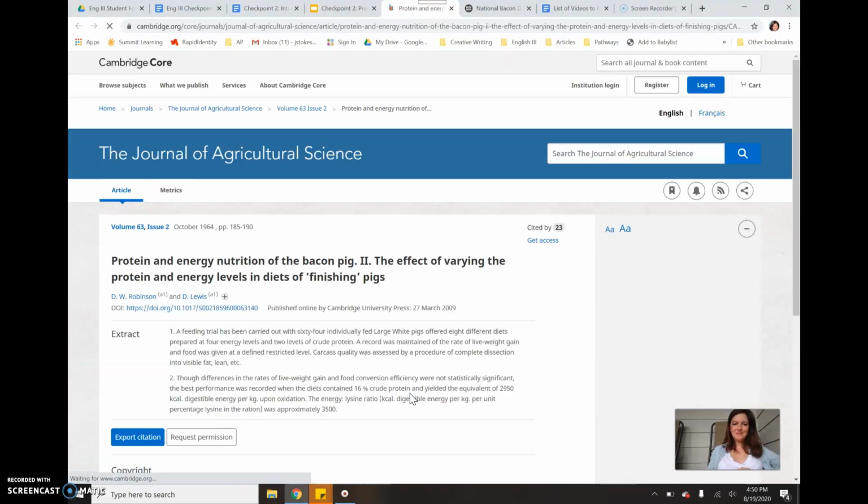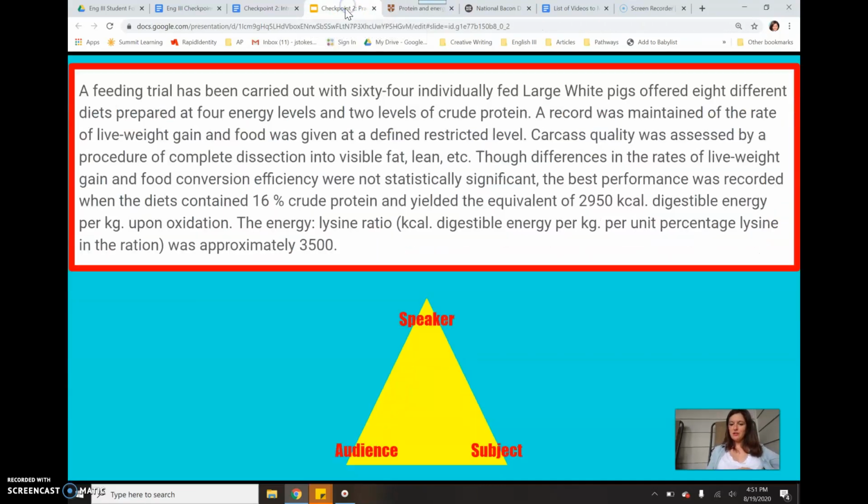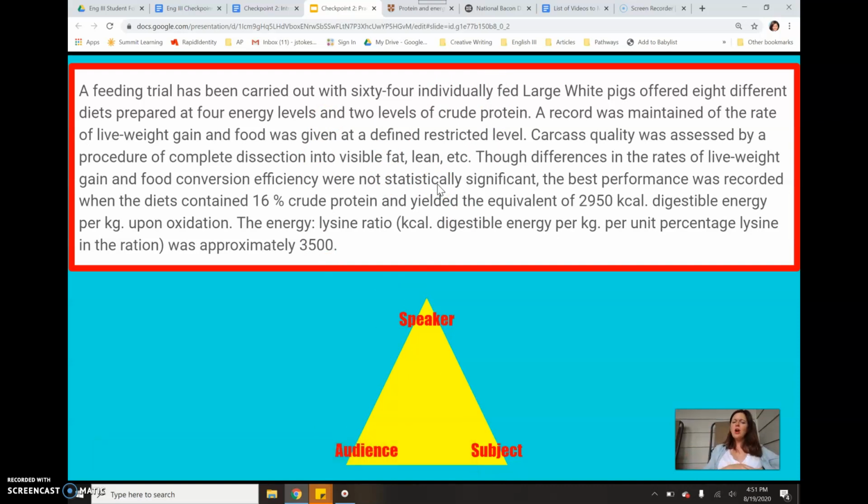It is a scholarly journal, specifically from the Journal of Agricultural Sciences. So our speaker is D.W. Robinson and D. Lewis, who are researchers, specifically within agricultural sciences, and they've gotten their piece published. Very exciting for them. And so those are our speaker. The audience, we can tell, is going to be an audience who also has a degree or at least a significant amount of knowledge within agricultural sciences. They're using terminology, concepts, without really thoroughly explaining them,